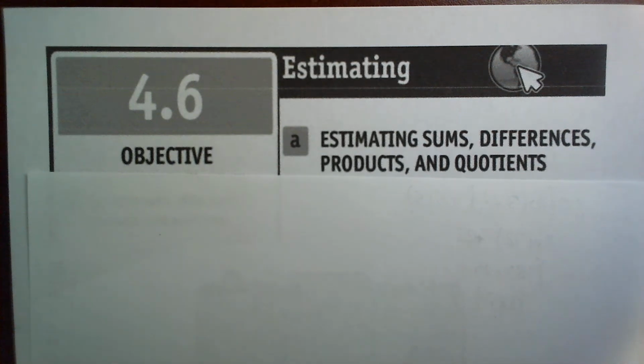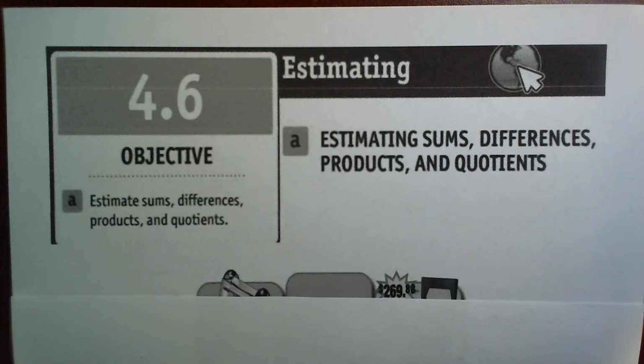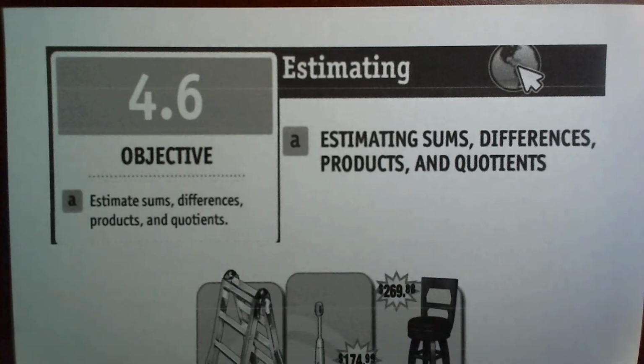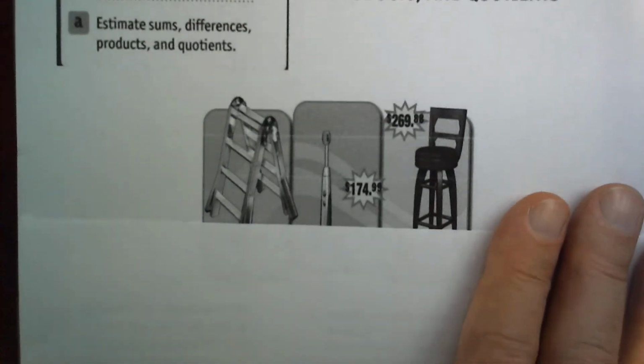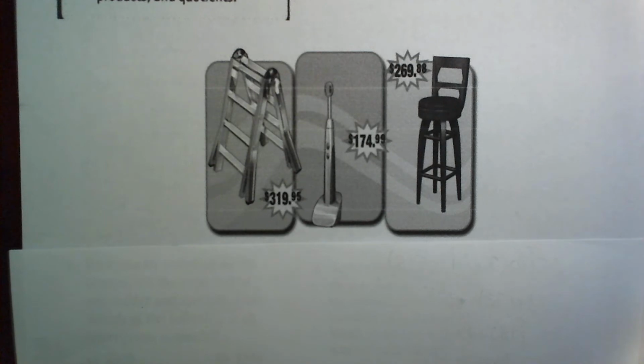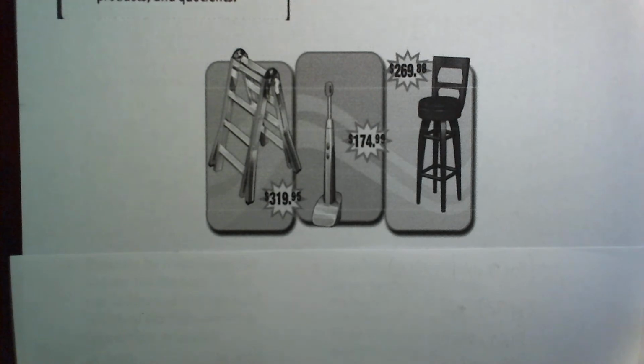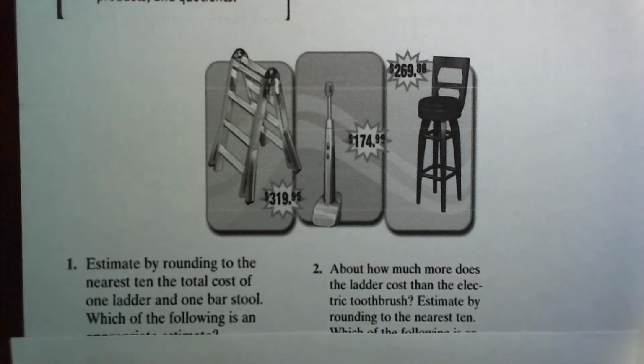In section 4.6, we learn how to estimate the sums and differences in products and quotients of numbers. And so we're looking at three items here. One is a ladder, one is an electric toothbrush, and one is a bar stool. And so they have the indicated prices here. So when we look at the first exercise,